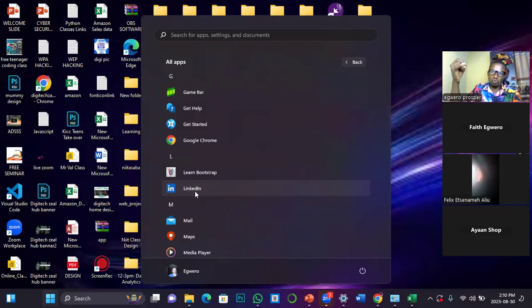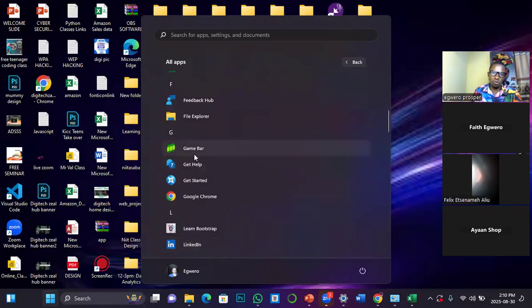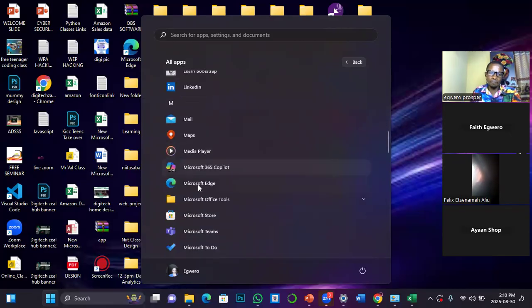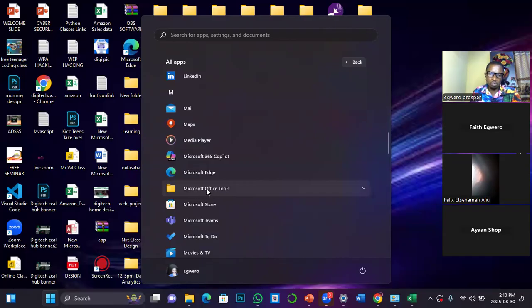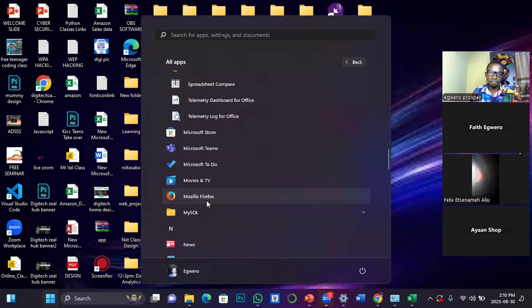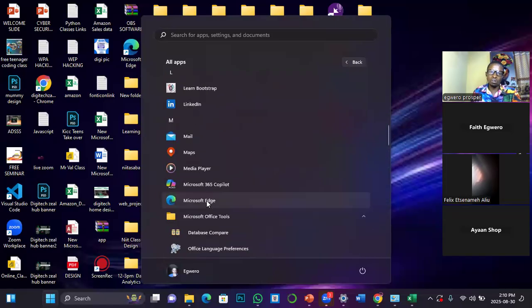We have Microsoft Word there, we have PowerPoint, we have Access, we have Excel. So where you can't find Excel on its own, then look for M. From M, you will see Microsoft Office, expand it, and then if you scroll down, you should be able to see Excel, based on how your Windows program is structured.